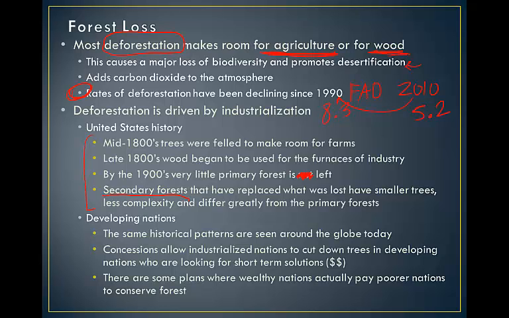So we know our history in the United States, but you basically see this same pattern over and over again in developing nations. Some nations are going through this right now. It's the same historical patterns. First, we cut down the trees to make room for increased farming. Then we cut down the trees to drive our industry until very little of the primary forests are left. Right now, in developing nations, there's a little bit of a back and forth battle to conserve or to use the trees that are there. In some cases,